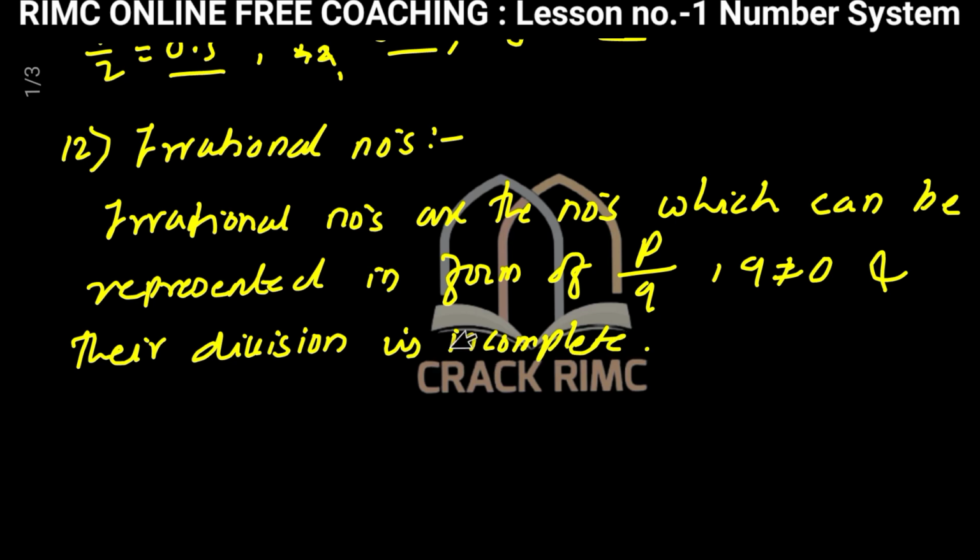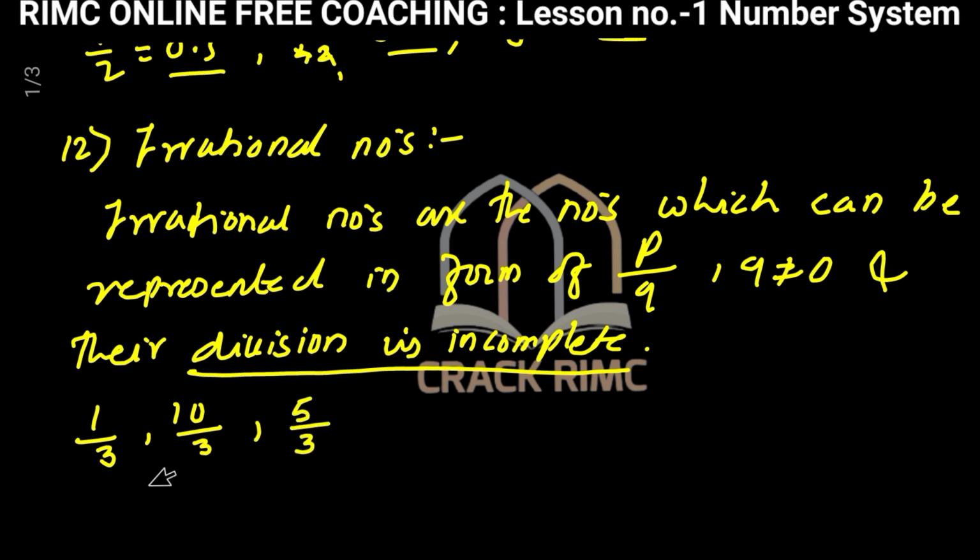Okay, so what difference do you see here? In rational numbers the division was complete, and in irrational numbers the division is incomplete. For example, we will take here 1 upon 3 or 10 upon 3 or 5 upon 3. For example, if I solve this 1 upon 3, so we cannot divide